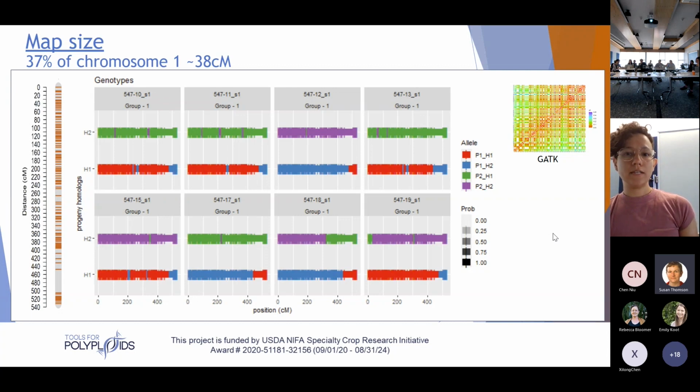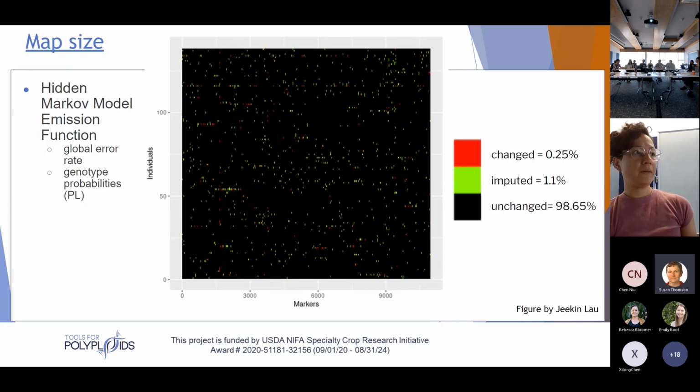Another thing that I tested was changing parameters inside OneMap and inside MapPoly, because both of them work with a Hidden Markov model. And it's possible to change the error rate when you are building your linkage map. You can tell the chain, I don't trust too much in these markers, so don't consider the information that I'm giving you, consider more the genetics,